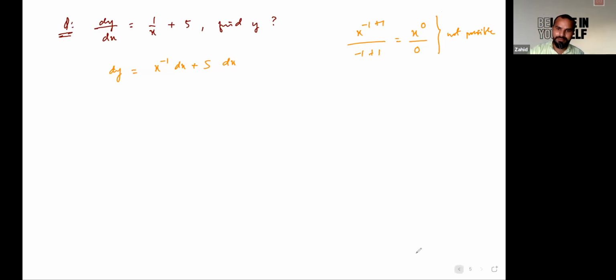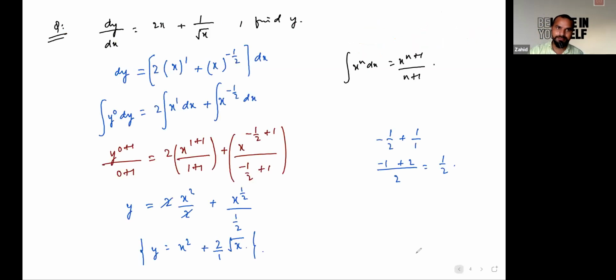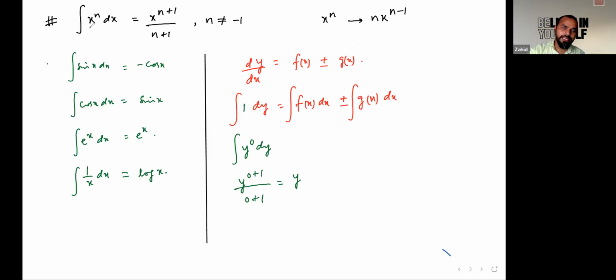So this is not a possible way of solving that particular part. I have given you a limitation regarding using this formula. While using the integral of x to the power n dx is equals to x to the power n plus 1 divided by n plus 1, there is a limitation: n should not be equal to -1. Okay. For n is equals to -1, we have just a relation like this. Okay, Khalid.